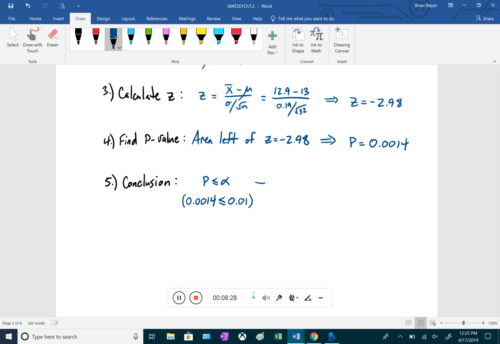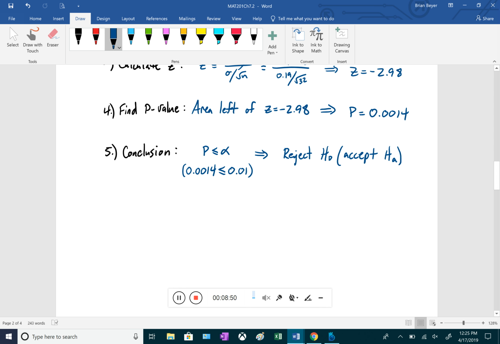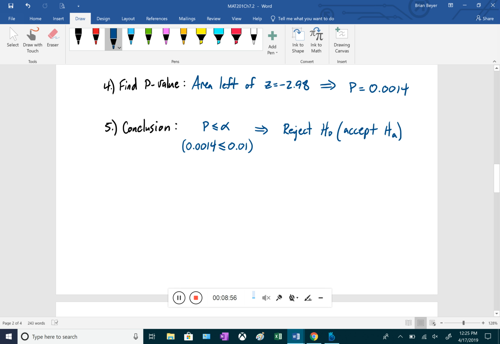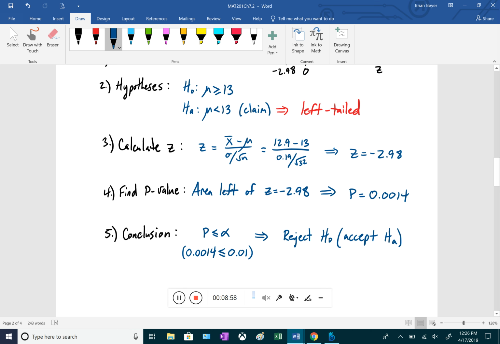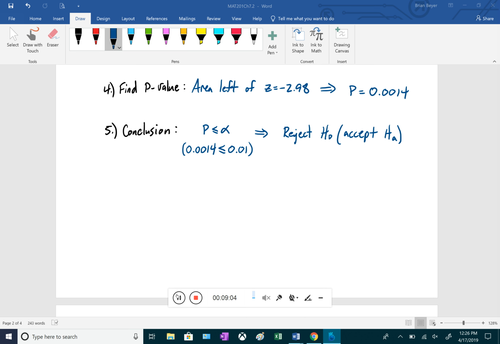So when that happens, that means it's a low probability of this outcome occurring. And since we start with assuming the null is true, a low probability of it happening means it's safe to say that we can reject it. If we can reject the null, that means we can accept the alternative. So now we want to write this in terms of the original problem. Since the claim is the alternative, and we're accepting the alternative now, we could say there is enough evidence